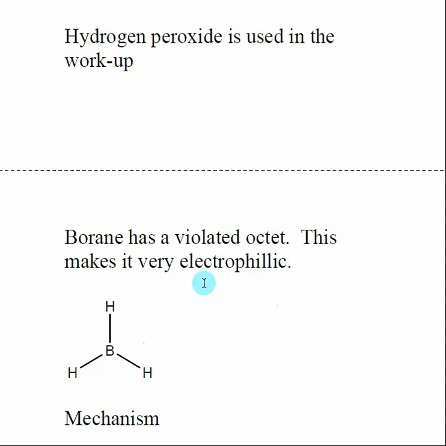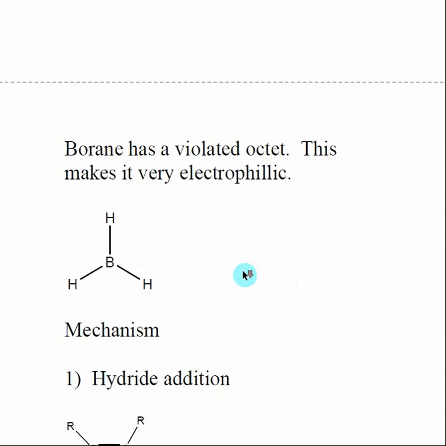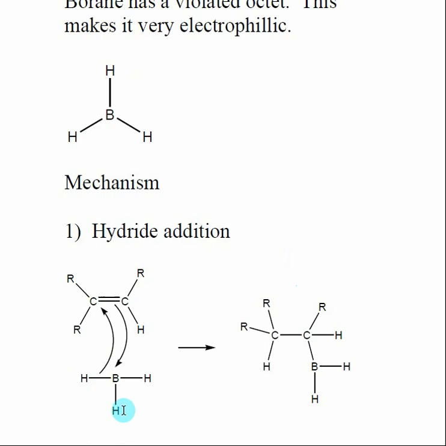By that we mean it wants electrons. So this species, even though it's stable with 6 electrons, it still really wants 8. It wants to obey the octet rule. So if there are any electrons around, it will grab onto them to get to the octet, to get to the 8 electrons. So basically what we're saying is borane is very electrophilic, and that's what's going to start this reaction out. So when we look at the mechanism,